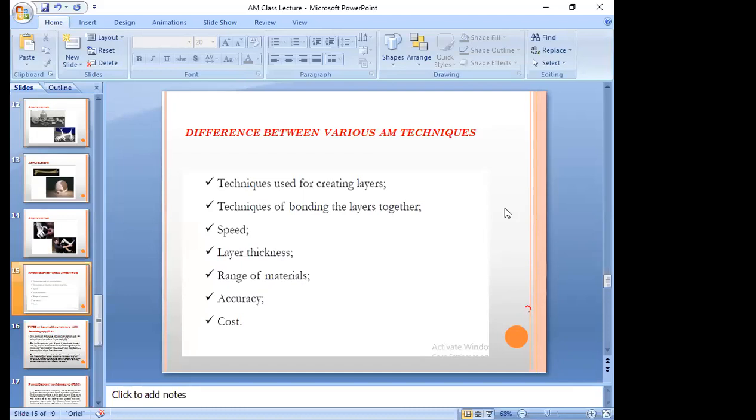The production engineer and industry look at productivity, and if you are going to supply the product based on demand, then you will definitely have the impact of speed, how fast you produce, and layer thickness. Based on the application, the thickness is also an influencing factor for each product.